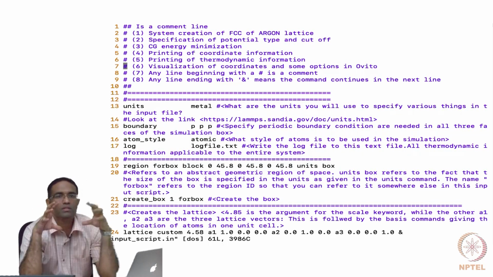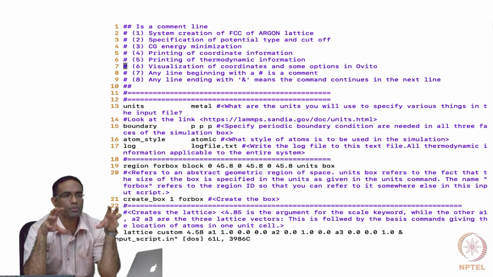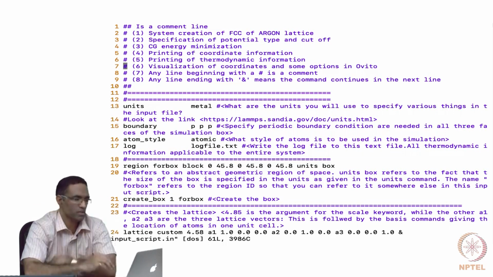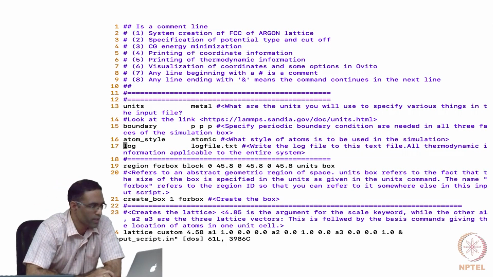So you have a system, a set of initial positions and initial velocities, and now you are going to, what does that mean? It means that the initial total energy of the system has been set, right? And with that, you are going to start evolving the positions and the velocities of all the atoms in the system. So this is the input file.